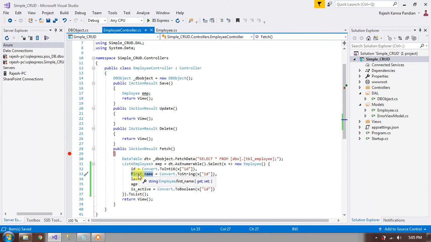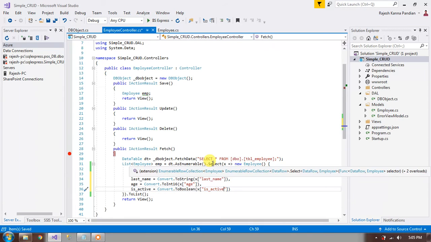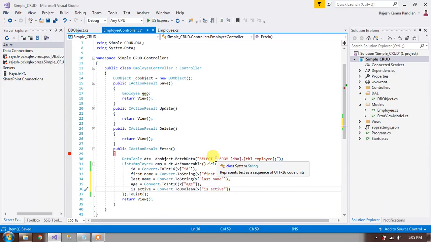Now we have to replace the first name here. Here the class property names and the backend field names are the same, so I simply copy and paste from the class property. In your case, if the class property and the field names are different, you have to mention the field name which you used in the SQL query. Okay, now let's save this.